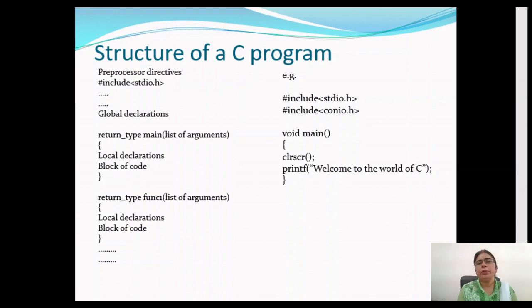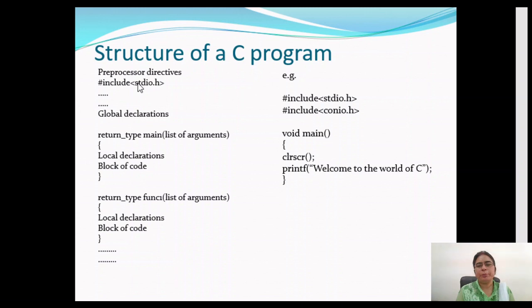If we are including a system defined file, then we will use angular brackets, and if we include our own file, then we will use double quotes. With the help of the include preprocessor directive, we can include multiple files. So for starting C programming, we simply need to understand the include preprocessor directive right now, and we will study all the other directives in detail later on.